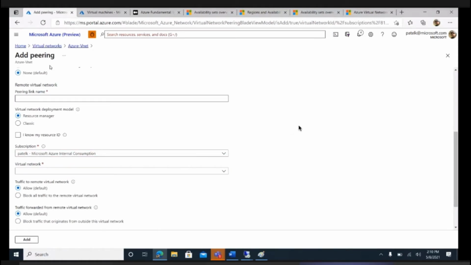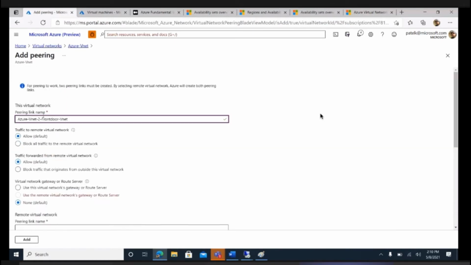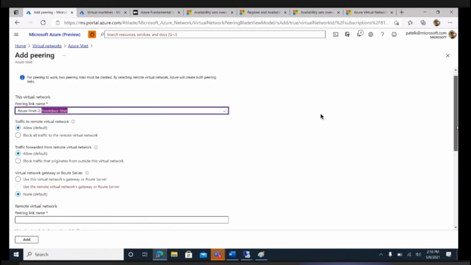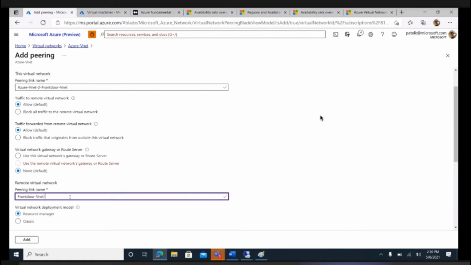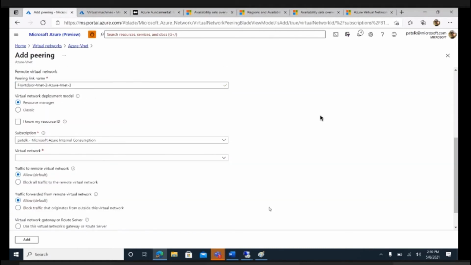The first part you are seeing here is for the Azure Virtual Network peering, and the second part here is showing the remote virtual network. Once you fill all the information, it will create a peering on both sides. You don't need to go to the other side and create a peering for them.